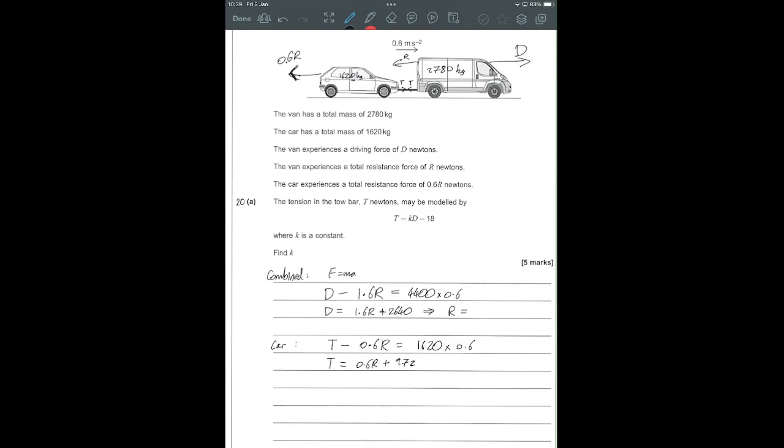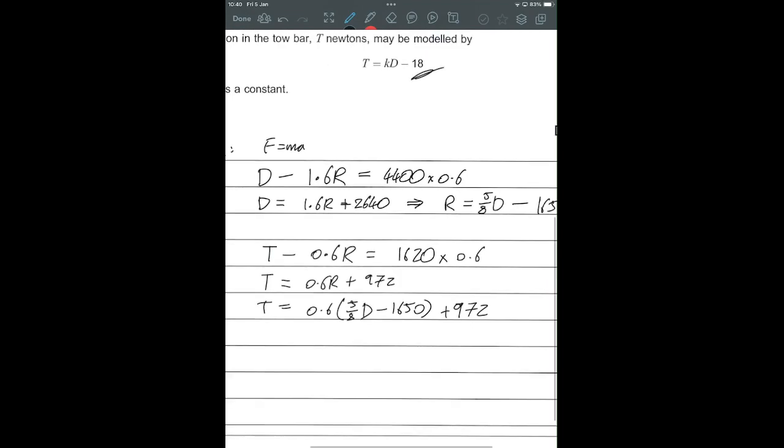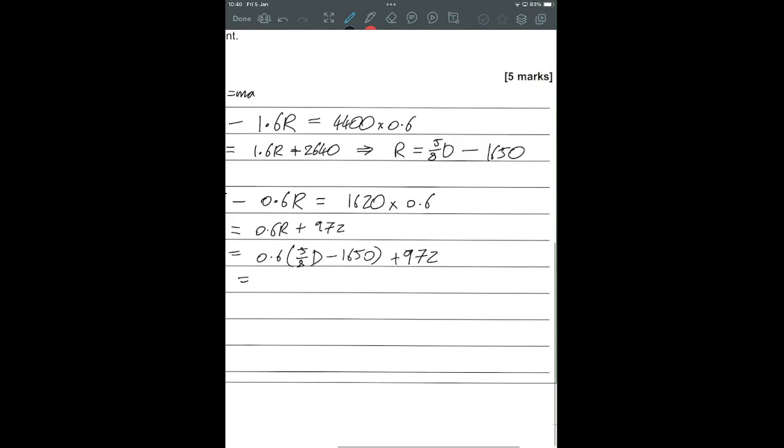This I can write as R equals, well, 1.6 is 8 over 5. So this is going to be 5/8 D. So I'm dividing by that 1.6 minus the 2,640 divided by 1.6, which is 1,650. So then my T is equal to 0.6 lots of that stuff. And I'm hoping that as I simplify this, I get that, is it negative 18 that I'm expecting in my answer. So this is going to come out as